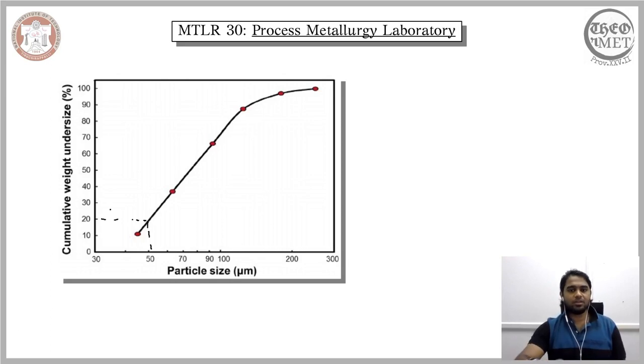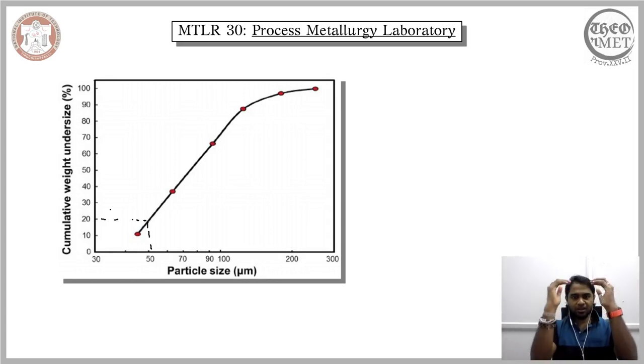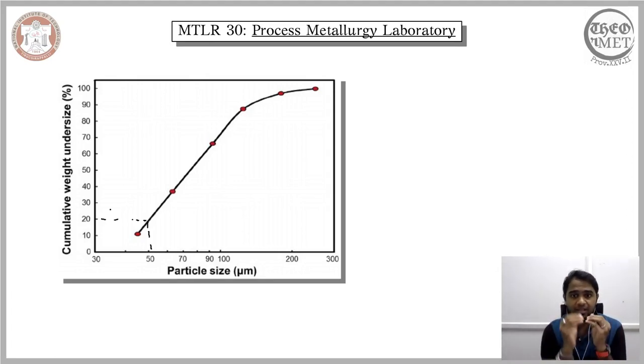So instead of representing the weight percentage of the fragments that are held by each of these sieves, we can say that this particular sieve allows, say, 90% of the particles to pass through. So it means 90% of the particles have a size that is less than the aperture size of the corresponding sieve. So based on that, we can have our illustrative representation of the results.